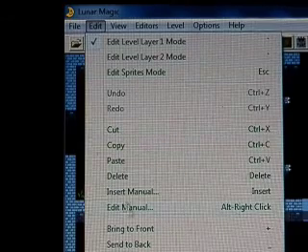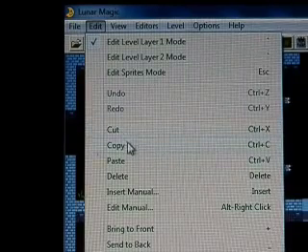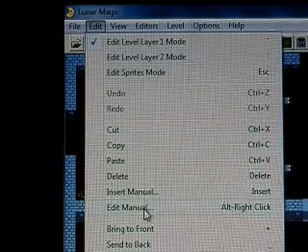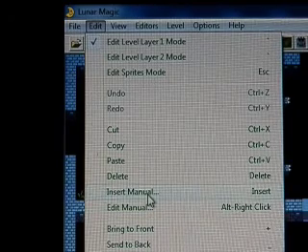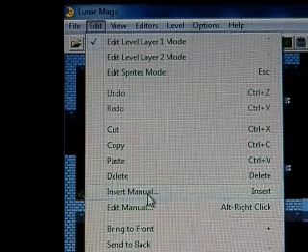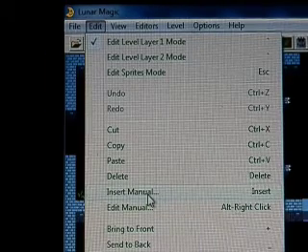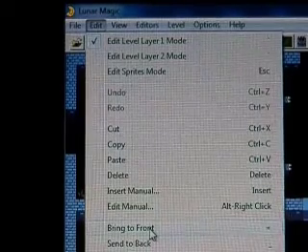A lot of these options are actually in the buttons that you'll see. Cut, copy, paste, delete, insert manual. I think you can insert things manually, like custom sprites. In fact, that's how you have to insert custom sprites, is you have to do them manually. Then of course there's ordering. Okay, there's certain ordering that's